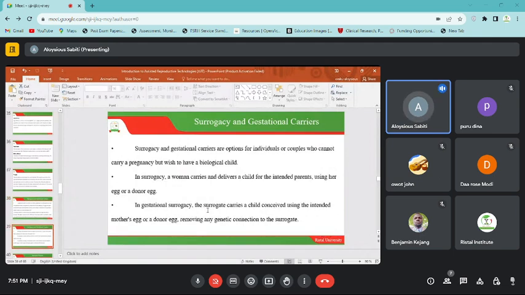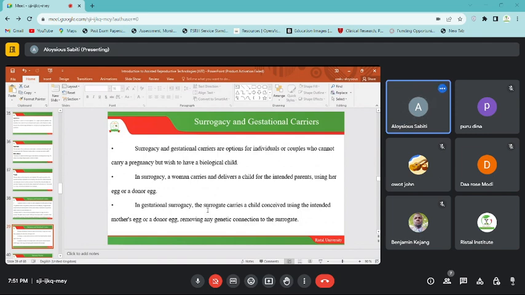So surrogacy and gestational carriers are options for individuals or couples who cannot carry a pregnancy, but they wish to have a biological child. So in surrogacy, a woman carries and delivers a child for the intended parents using her egg or a donor egg. In gestational surrogacy, the surrogate carries a child conceived using the intended mother's egg or a donor egg, removing any genetic connections to